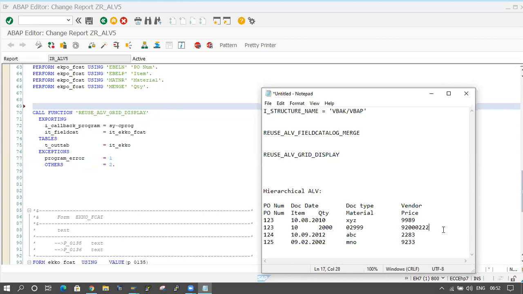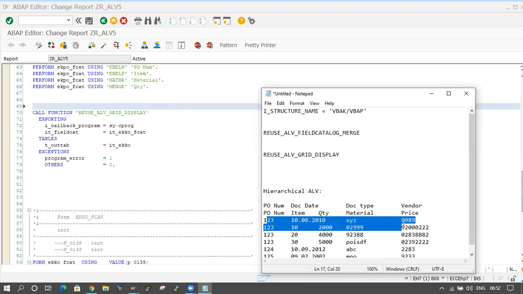Okay, after that one, here 1 2 3 only, but the item number equal to 20, the quantity equal to 4000, and the material number is something I'm passing here, the price. Okay, 1 2 3 only, but 30 is the item number, 5000 quantity, material number is something I'm passing here, and the vendor, so price, right? Something price I am taking like this, means the first line is the header document, header details.